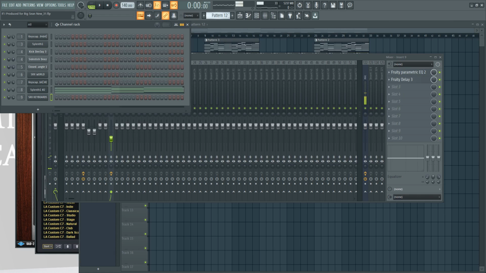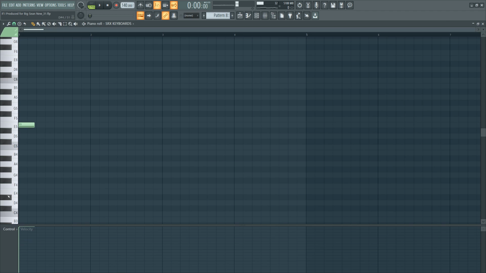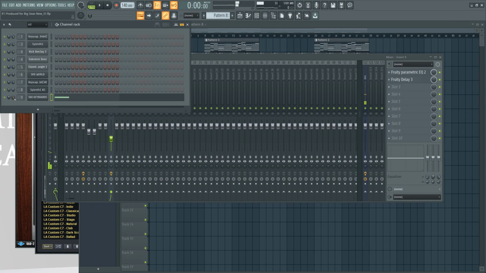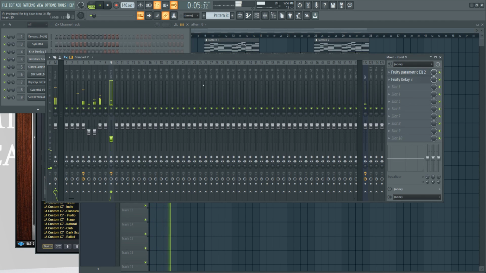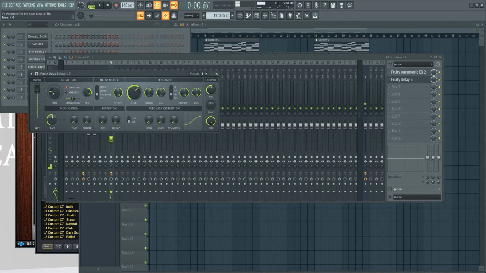Now, based on the sample, some samples, if you hit it harder, it'll express harder. Now, this may or may not express any harder. This seems like a volume thing if you hit it harder. But some kind of do a screech if you hit it harder. Depends on how it's sampled. Gonna use triplet delay so it fits in the groove.